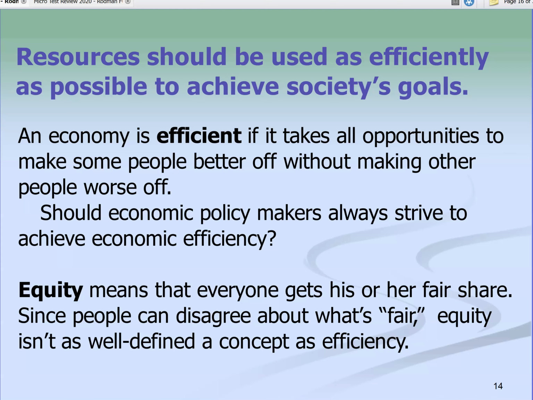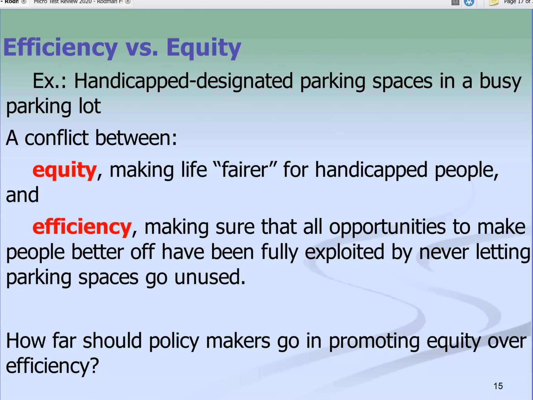This is the idea of striving for equity, but it's very different than efficiency because again, while people are better off in an efficient type of mindset, it doesn't necessarily mean that it's always fair. And so this is a good example of what I just mentioned with the contracts in trying to, and this